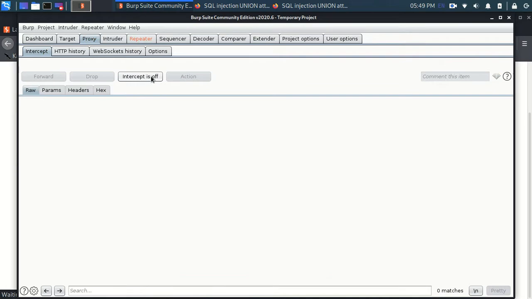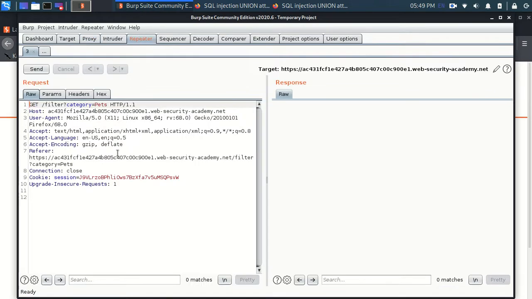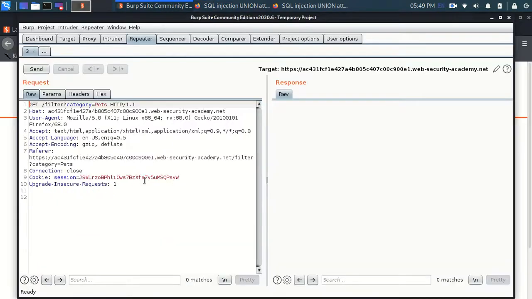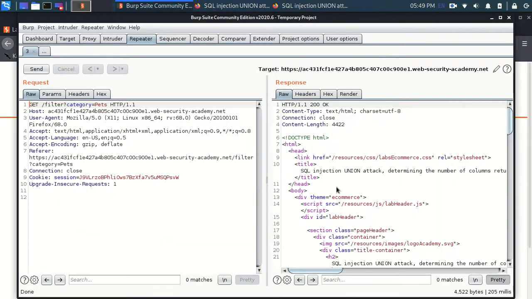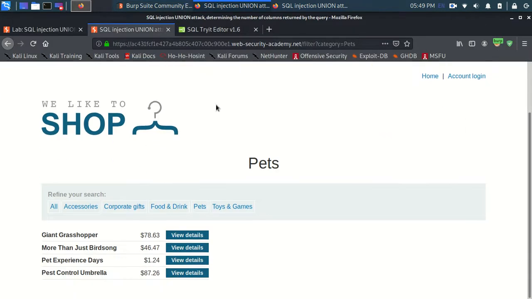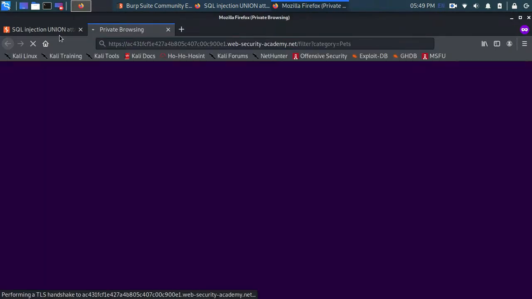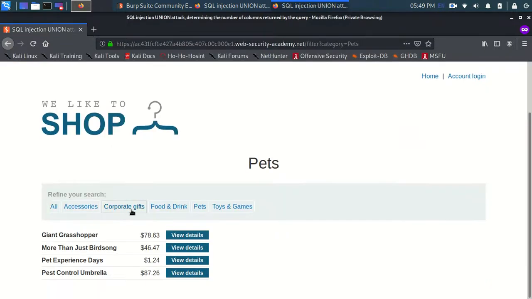Now we have the request on Burp Suite. Let me send this, and what we are getting over here is the same website which we received here. Let me paste this here and you can see this is the same website which we are receiving.